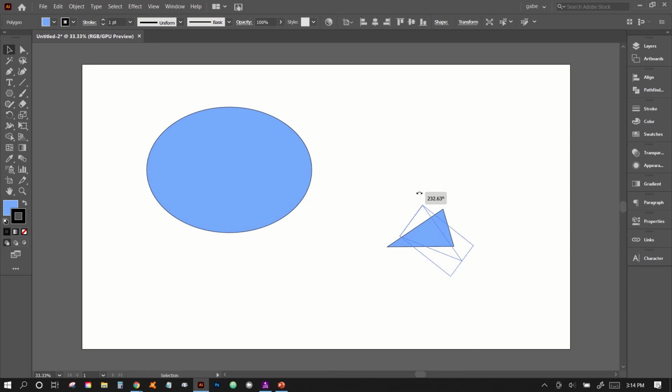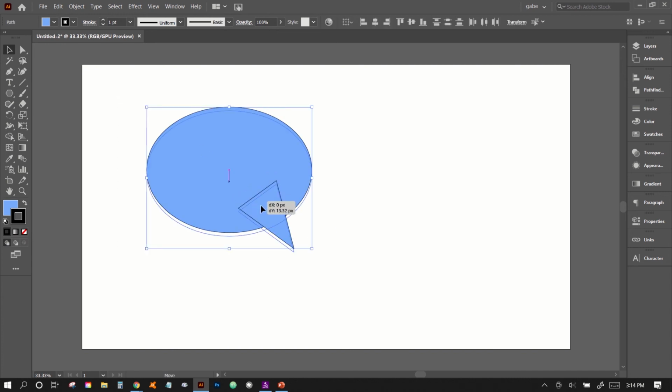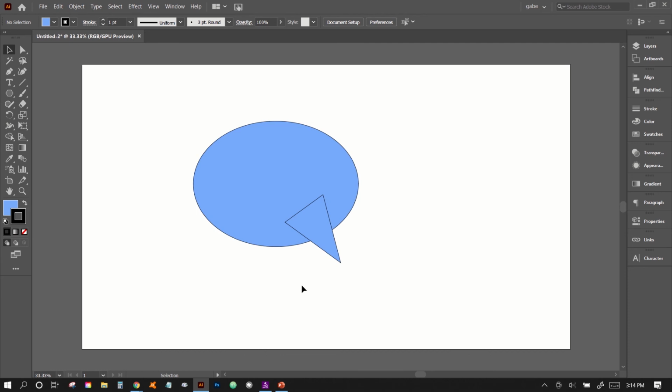And then yeah, let's rotate it, and then just drag it on top of the speech bubble of our first oval, and then we can just adjust the shape like right there, and then adjust accordingly. And if you want, you can even make it a little wider again and just adjust. So yeah, we'll want to have something like that. All right, now